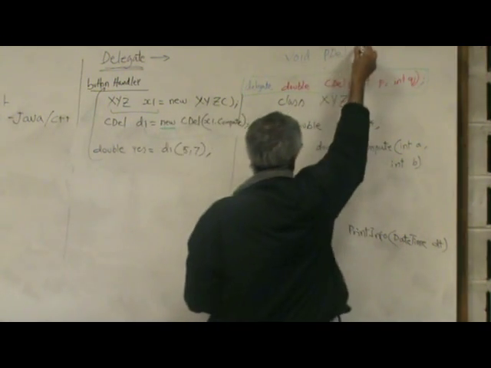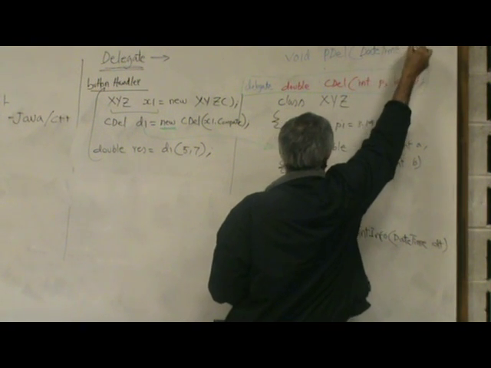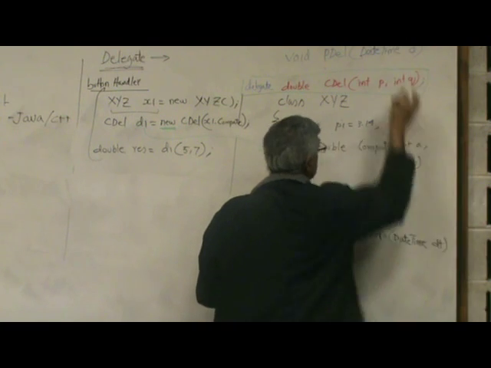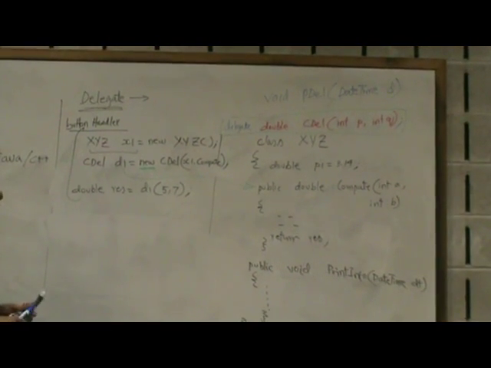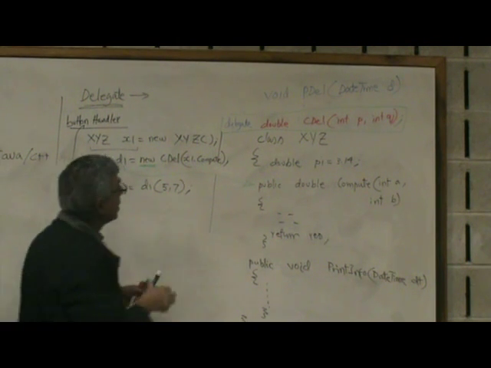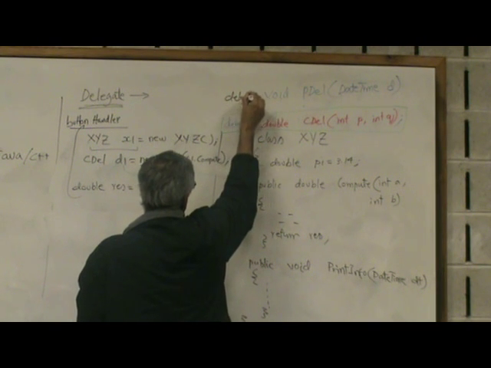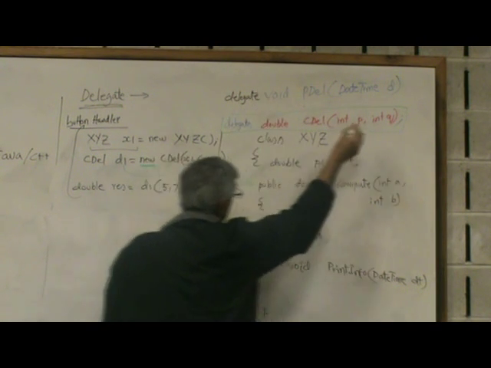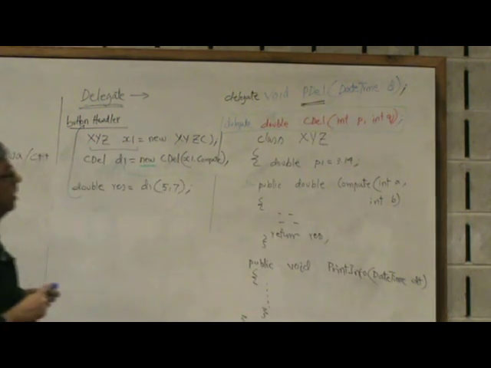And what kind of parameter does it take? DateTime. DateTime d. You don't even have to match dt. You can call it anything you feel like. Once you match the signature, how do you convert it into a delegate? Just add the keyword delegate in the beginning. So now we have created a type called pdel, which is